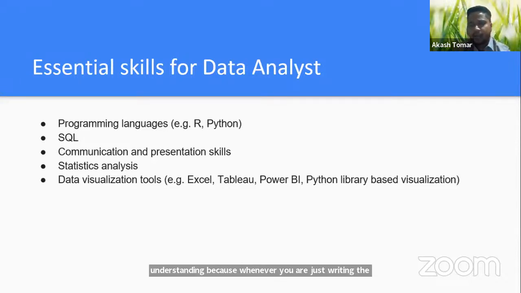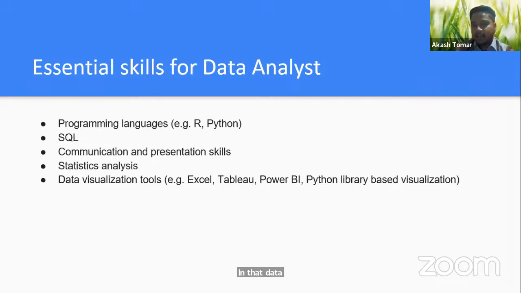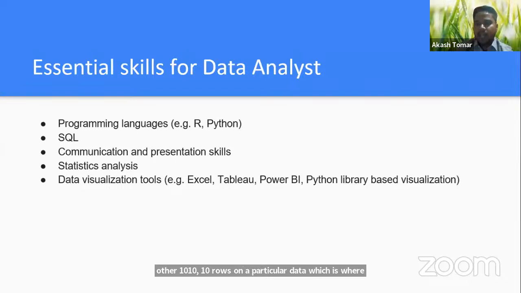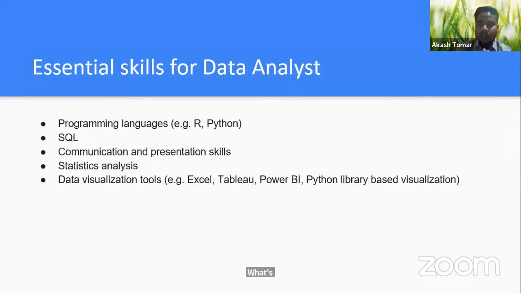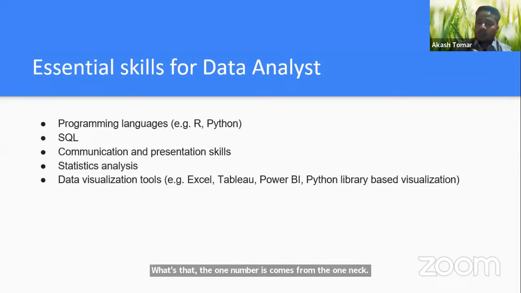Take a very minimal example of this kind of error in the data analyst role. Let's say there are 10 rows of data with numbers like 1, 2, 3, 4, 5, and suddenly one number comes as 1 lakh. When you read the data, you clearly understand that most of the data varies between 1 to 10, but suddenly one number is 1 lakh, which is not similar. So in that case, should you go with the mean, mode, or the median?